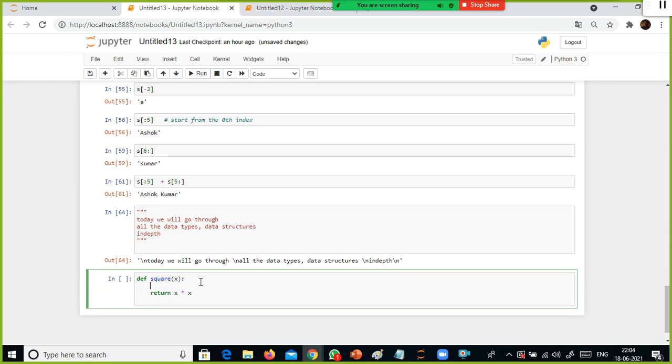Inside the function you need to use triple quotes, and write that this function will square the values, and then end with triple quotes. So this is called your docstring. Docstring is used with functions, methods, classes or packages.